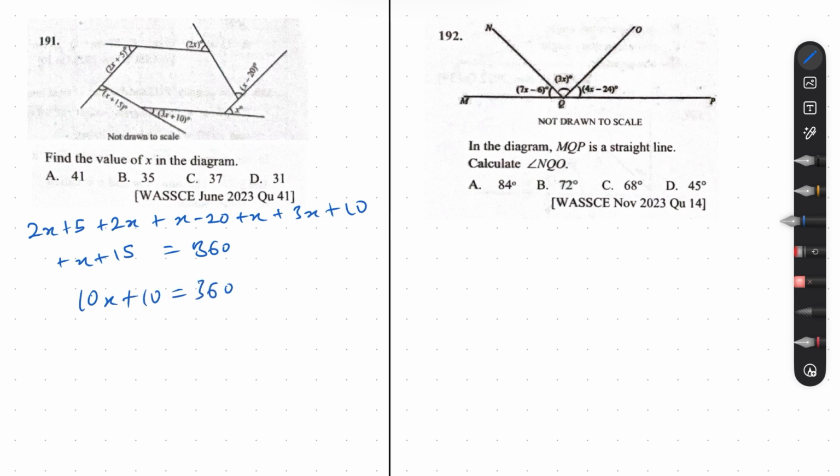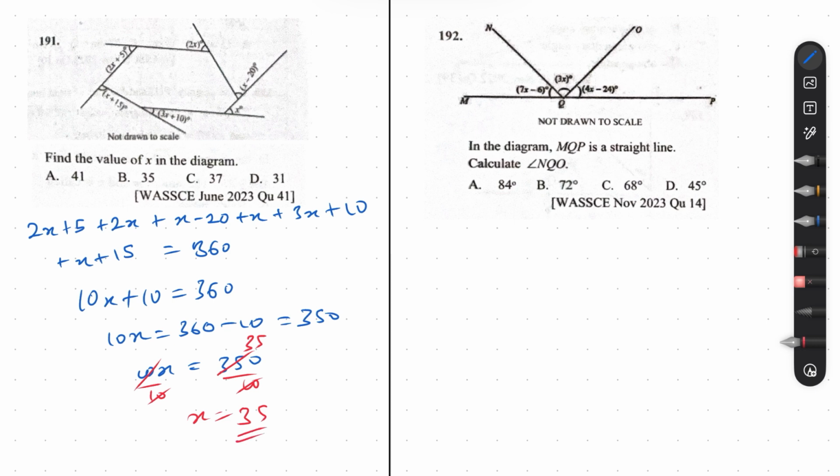So we have 10x is equal to 360 minus 10, which is 350. 10x is equal to 350. Divide both sides by 10. So the 10 cancels out, and x will give us 35. So x is equal to 35, which is B. All right. Let's move on to question number